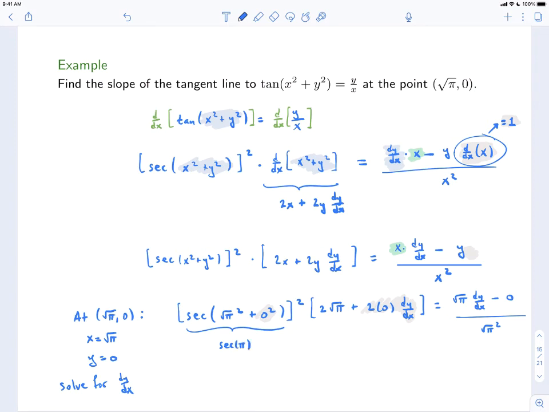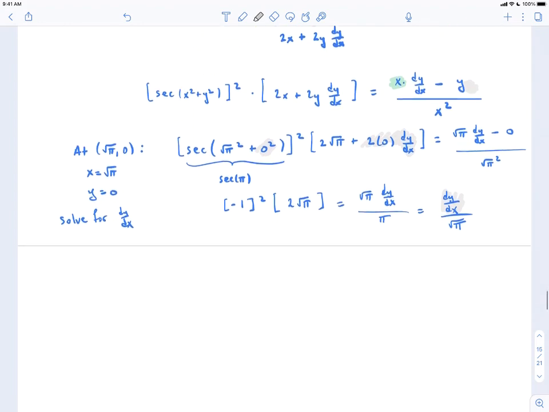Secant of pi is 1 over cosine of pi, so that's just going to be negative 1. So we're going to end up with negative 1 squared times 2 square roots of pi plus 0 is equal to the square root of pi dy/dx minus 0 divided by the square root of pi squared, which is pi. Now, in fact, you could reduce that. We could just write this as dy/dx divided by the square root of pi. And now the thing that we want to do is solve for this dy/dx. Well, let's just go to the next page and